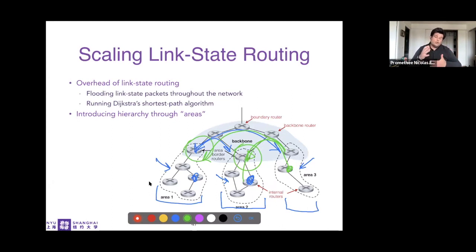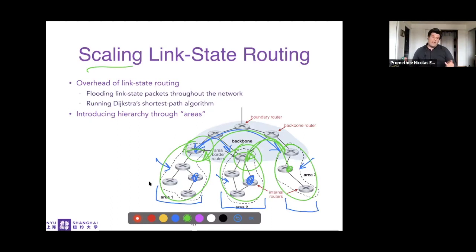So should you be able to compute the shortest path between any pair of routers, or do you want to have locally shortest paths, given that you're going to do default routing between these areas? So that's one of the ways of making link state scalable. That's a pretty good idea, even though this is also very hard because nobody's going to tell you what is a good number of areas,